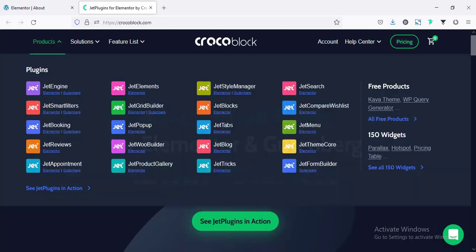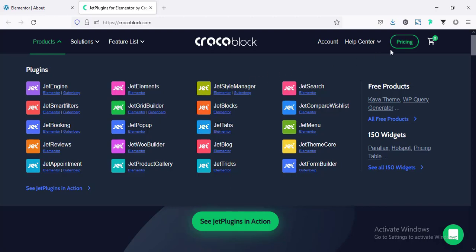If I check the product list from their website, they have divided their large plugin into some small and different plugins. So we can purchase any specific small plugin for a specific feature. Like if we only need the booking system, then in that case we can purchase Jet Booking and we need not add Jet Blocks or Jet Tabs. So our website will not be overloaded.